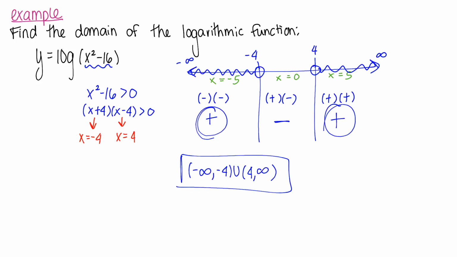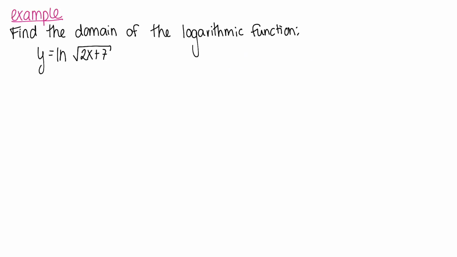I want to show you one more that, while looking at Alex, it popped up, and it's a little bit more strange. So find the domain of the logarithmic function y equals ln of the square root of 2x plus 7. Now, in the next section, we're going to get some fun properties of logarithms that would allow you to mess around with this and not have to look at it as critically, but we don't have those tricks yet, so let's just look at it. The inside part of the logarithm is the square root of 2x plus 7. And if I set it greater than 0,